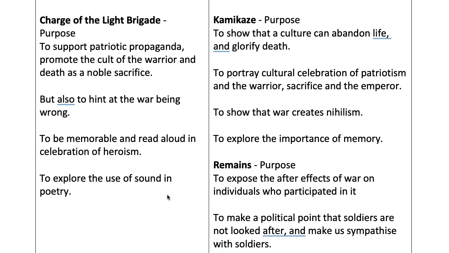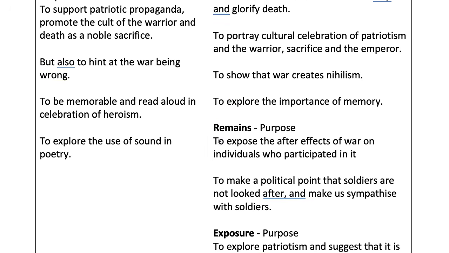national collective memory. And what we've got is Tennyson as a poet laureate, the representative of Queen Victoria, appointed to this role as poet laureate, and his job is to write poetry that's going to change the national mood and change the national memory. And of course it does. We're still reading it now. So I'm totally happy with these comparisons. Very detailed. I know I'm going to smash the grade 7.